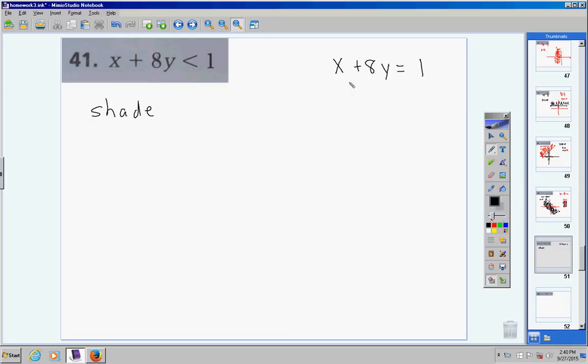Because I have an x and then a y and then an equal sign and then a constant term, what I'm going to do is use the double intercept method. So where the x is, I'm going to substitute 0. And where the y is, I'm going to